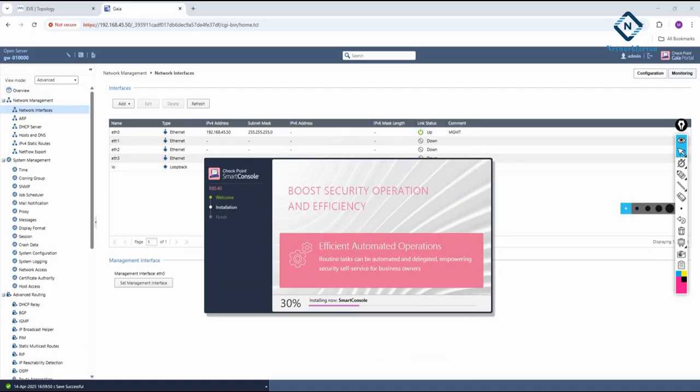So we can say Check Point SmartConsole makes it easy to manage security for a complex network. It is a GUI client you use to manage the Check Point environment. With the help of the GUI client, we can configure the security policy for the entire organization. SmartConsole is used for security settings such as access lists, IPS, antivirus, anti-spam, anti-bot, application control, all that we can do with the